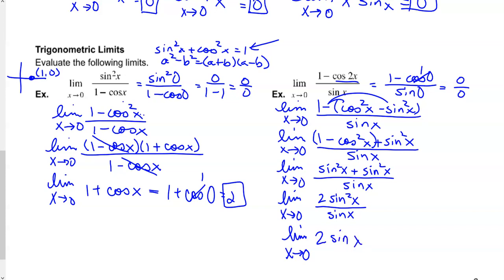And so when I have 2 times the sine of x and I try to plug in the 0, then I get 2 times the sine of 0. Well, I'll go back to our unit circle. The sine of 0 is 0. Times that 2. Ultimately, for all of that work, I get a limit that equals 0. And that right there is the finish of our section 2.3,